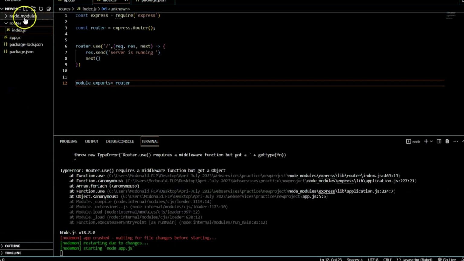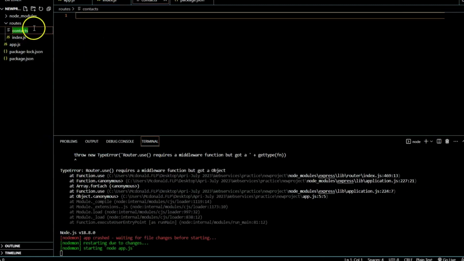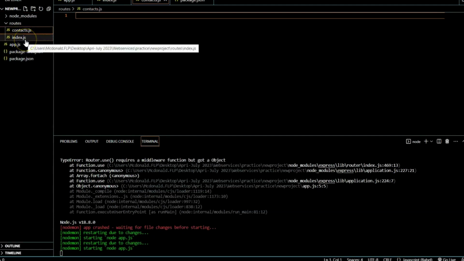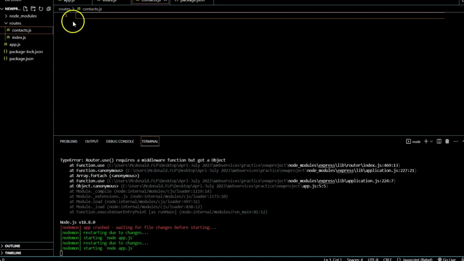Let's add another file in here. We call it contacts.js. That's a JavaScript file. Then what we'll do in this contacts is that we even want to have more routing. So in contacts we will bring in Express just the way we brought it into index. The reason why I'm doing it this way